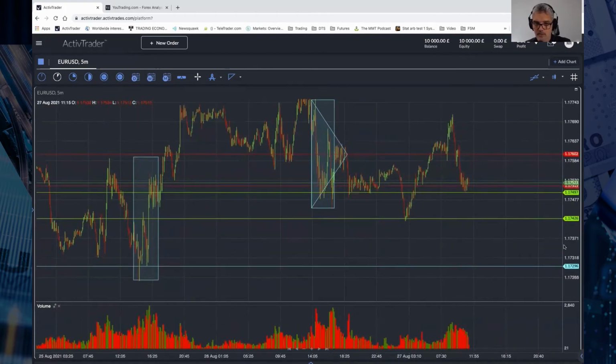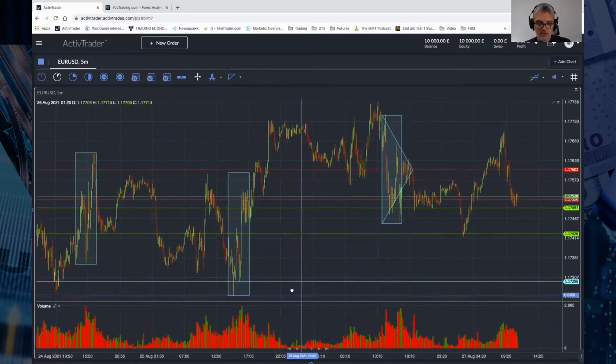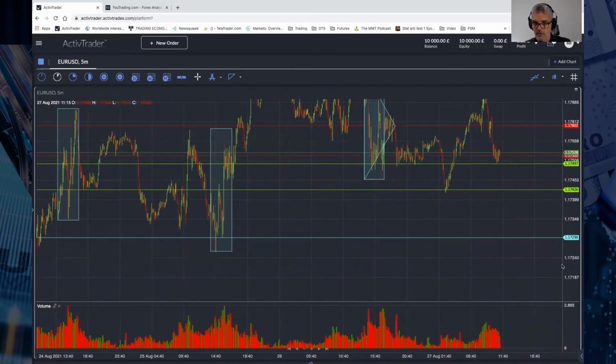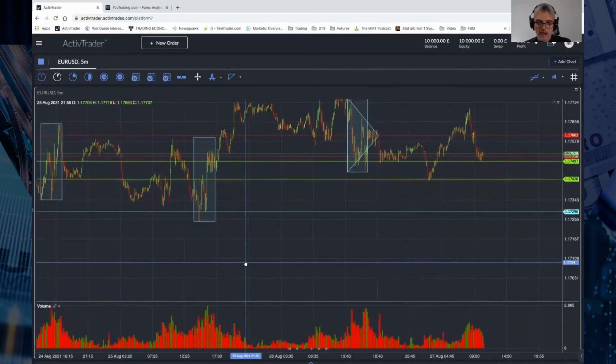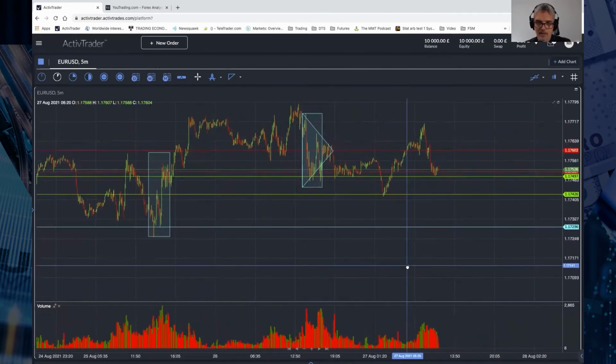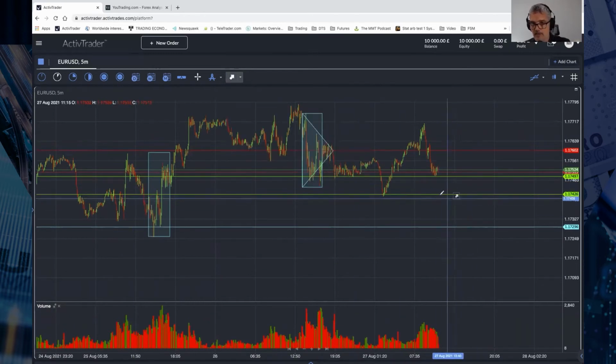All right, so these green lines we said were in the middle of a balance area. So it's going to be quite tricky to trade off them, but obviously traders are. More importantly for me would be something where I'm looking for a short, because of what I said about the sentiment. So if we were to break down,